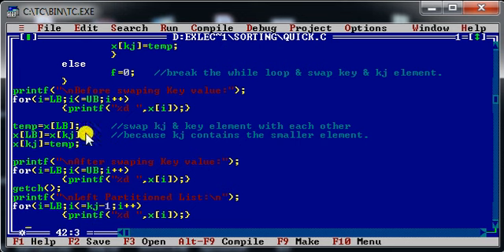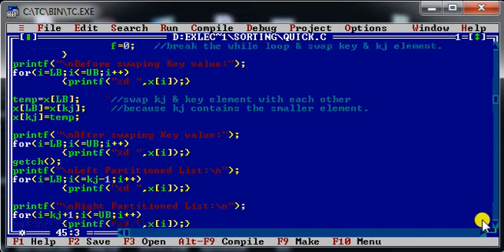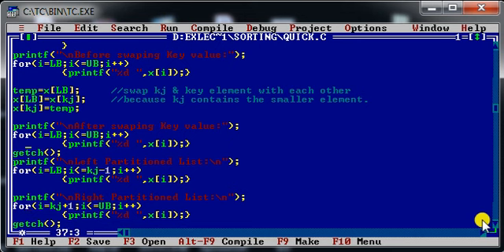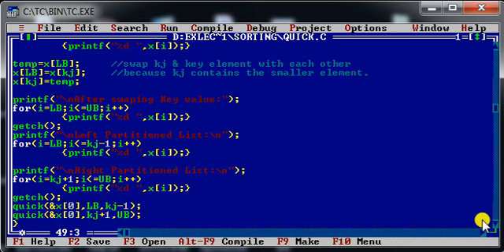Similarly, you can see over here I am printing the content of the array before swapping and the content of the array after swapping, right? So after swapping I have put the key value into its proper place, and with the help of that placement I have divided my entire array into two parts, that is the left partition and the right partition. As you can see, I have printed both of these two partitions also.